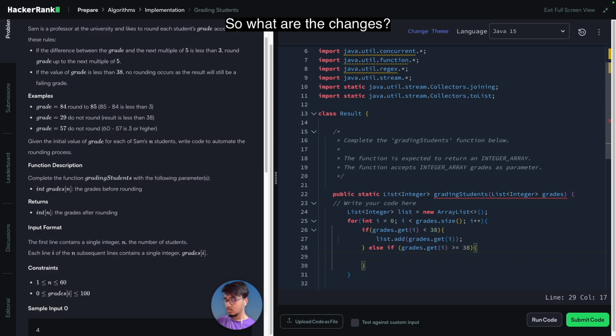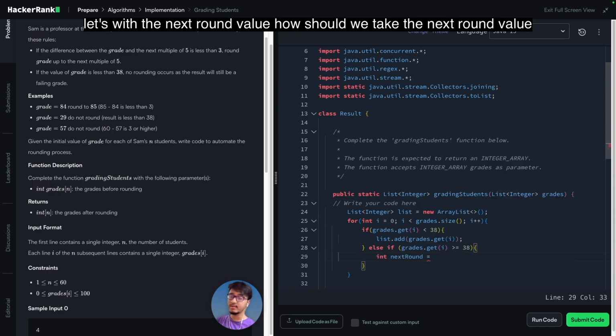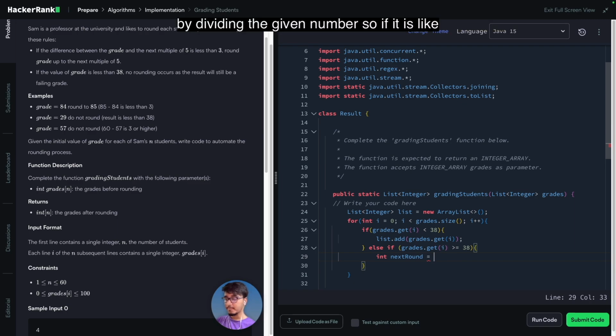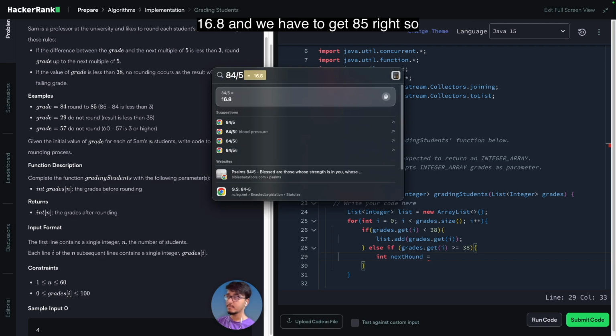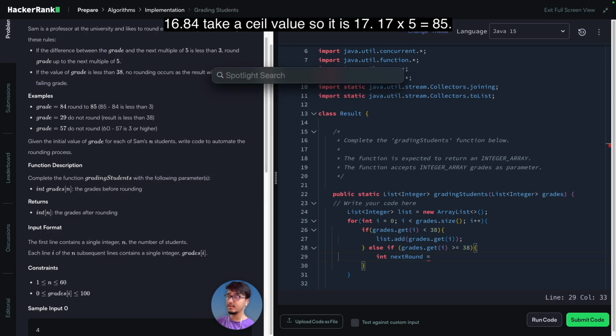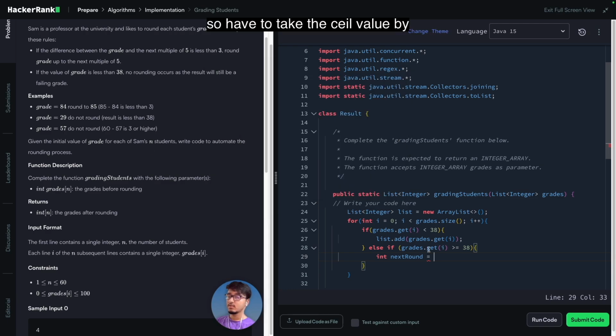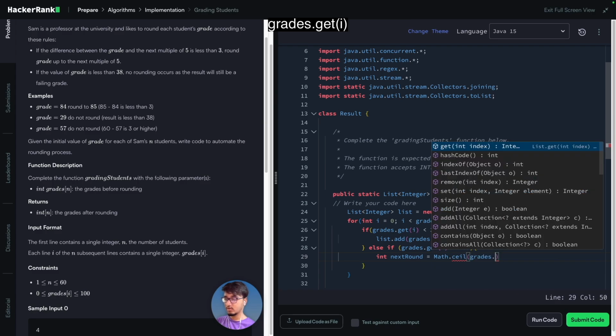So what are the changes? We have to take the next round value. How should we take the next round value? By dividing the given number. So if it is like 84, and we divide 84 by 5, it gives 16.8, and we have to get 85, right? So 16.8, if we take the ceil value, is 17, multiplied by 5, it's 85. So we have to take the ceil value of grades dot get